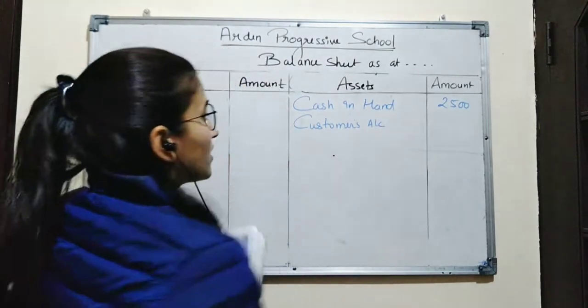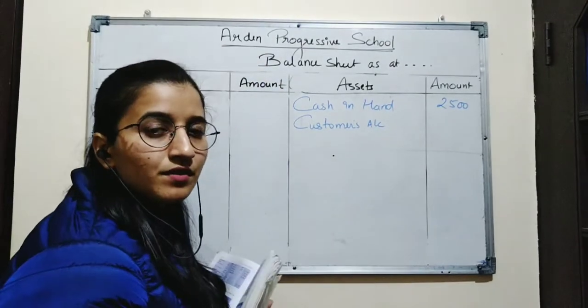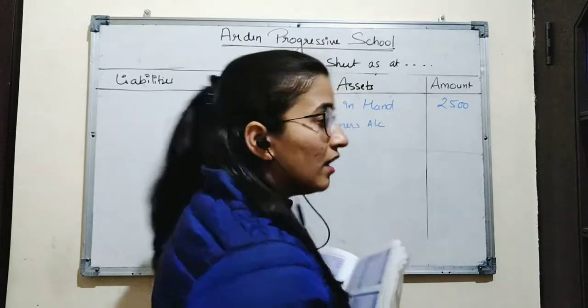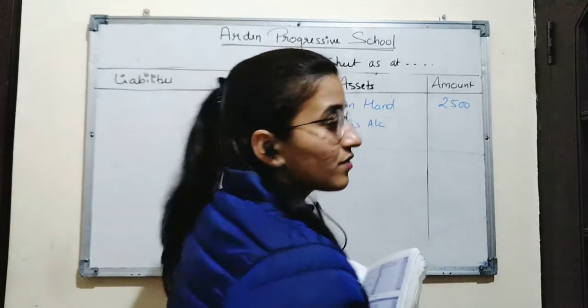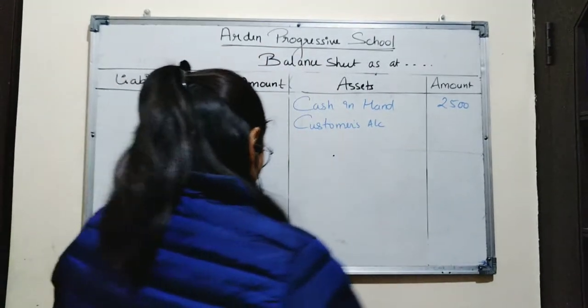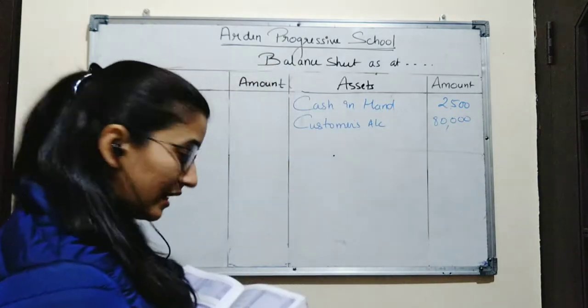customers account. Customers account here is debtor. Debtor means the person from whom we have to collect the amount. So as it will be converted into cash, so it is recorded on asset side. Amount is rupees 80,000. Next item will be